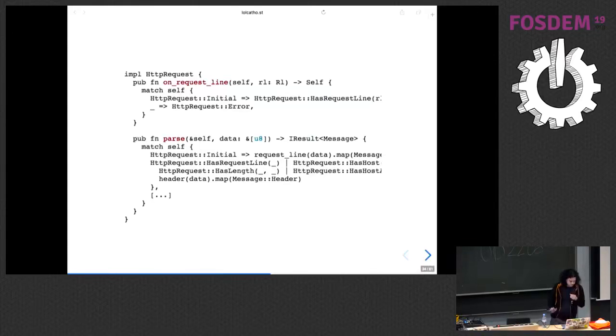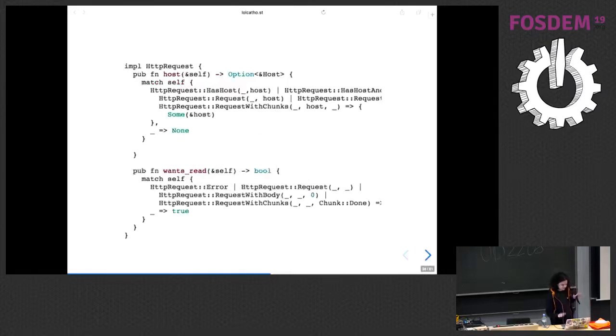So, lots of pattern matching. It's a bit annoying to write. I have stuff for that afterwards, I will show you. You can make methods over the state machine to query its state. Like, hey, do you have a host? Like, I want to open a connection to the backend. I have to know which server, which host name you were trying to connect to. So, do you have a host? Okay. So, if you were in as host or as host and length or any of the request types, you can go and say, okay, I have a host. Now I can open a connection to that server.